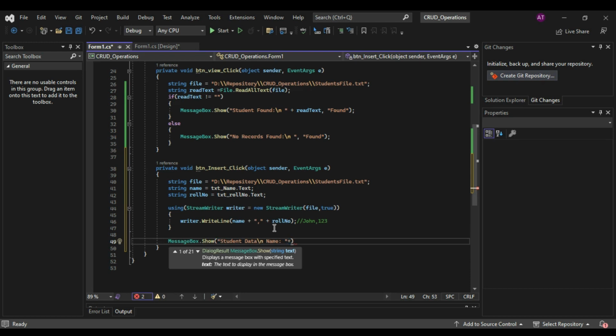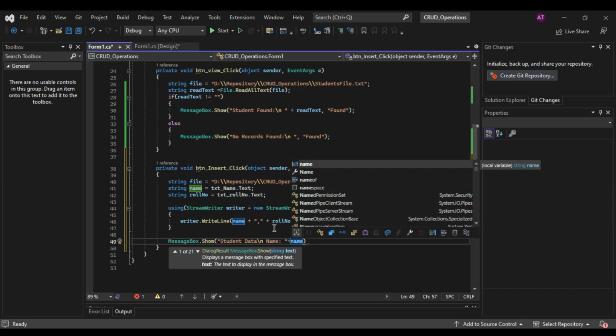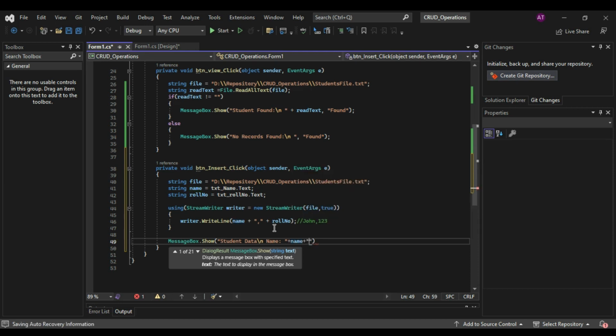Basically when we have to make one string and include variables of the file, we are using plus, because we can join many strings by using the plus sign between them. So plus name, then we have to use backslash n to skip the line, then roll number, plus roll number,